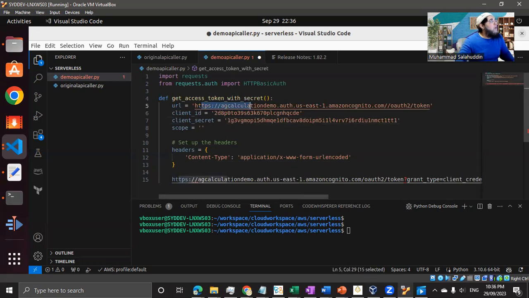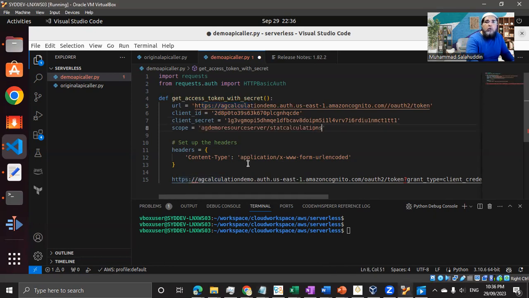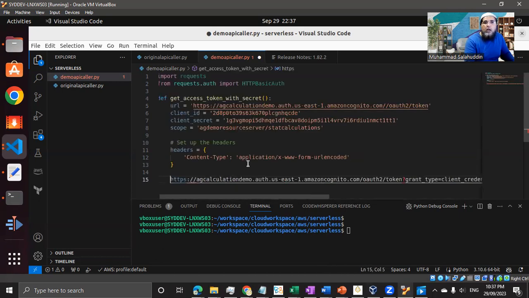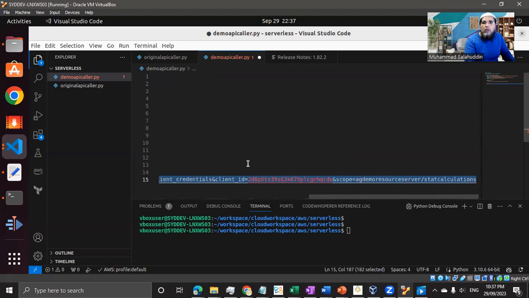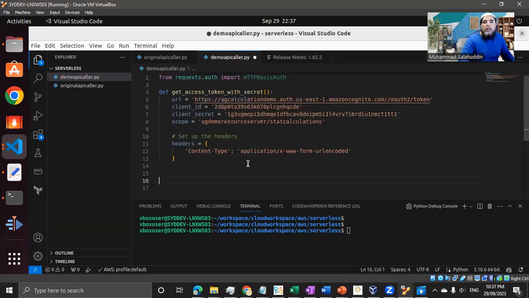Now scope, if you remember, we created a scope, and we need that scope as part of this exercise as well. So let me copy this scope from the other screen. So content tab, if you remember, I told you we need to provide that hard-coded value. So I think we are good with all these values. And now we set up the parameter. I think now we need to set up the payload. And if I copy the payload part,